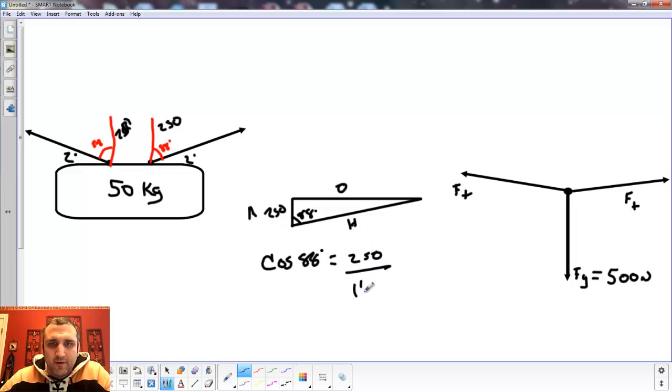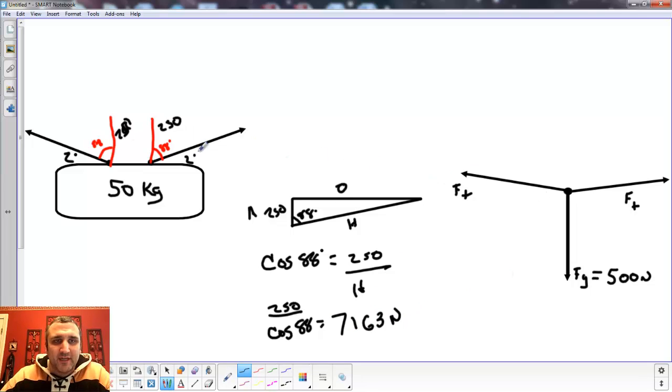250 over the hypotenuse. And again, you have to do the cross multiplying, and you'll end up with 250 over cosine 88, which is actually a pretty big number. You should end up with 7,163 newtons on each of these sides. So in order to generate 250 newtons going up at an angle of 2 degrees to the horizontal, or 88 degrees to the vertical, you have to kick in a tension force of 7,163 newtons